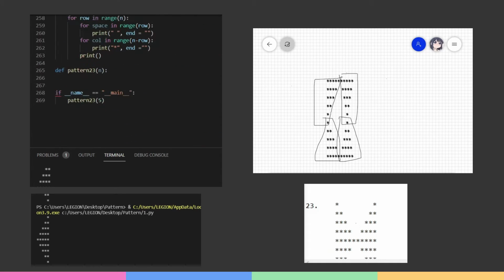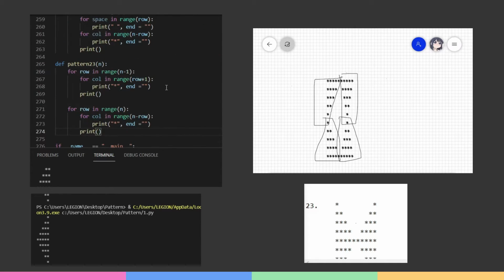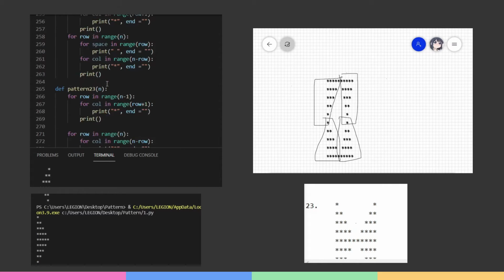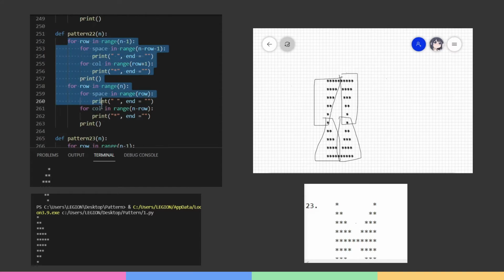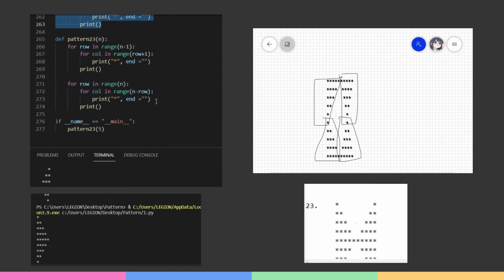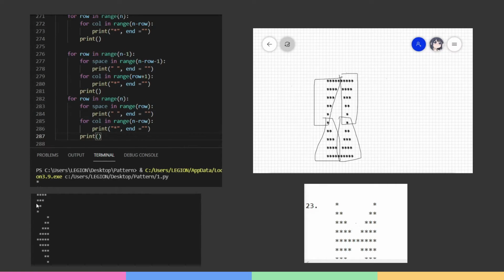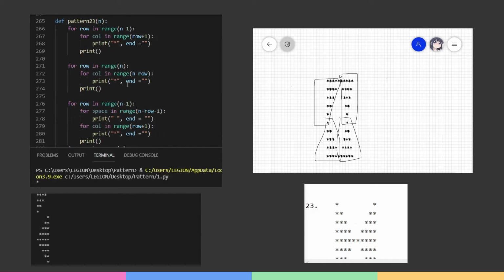Copy it, paste it here. This will print the left part. Yeah, this is the left part, and this here is the right part. Let's print that. But the problem is they're printing after the first one is printed. We need to print them simultaneously, right? So how can we do that? We just need to